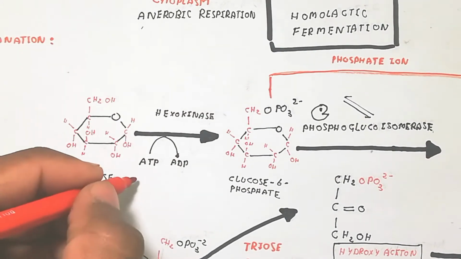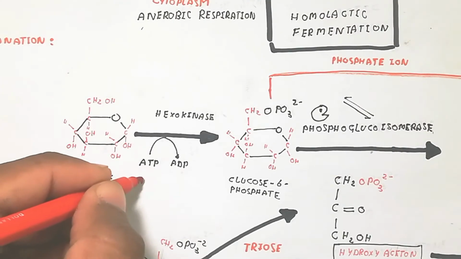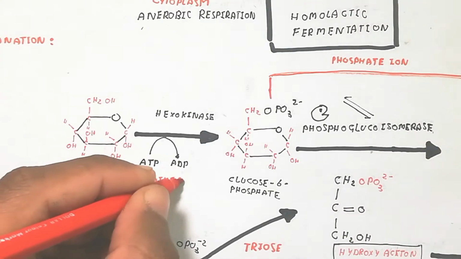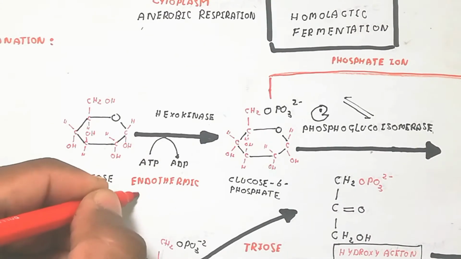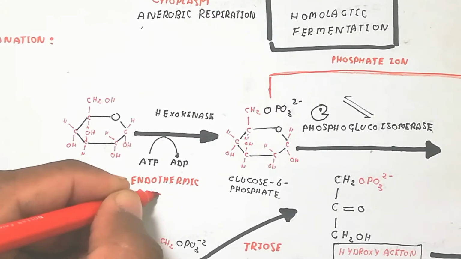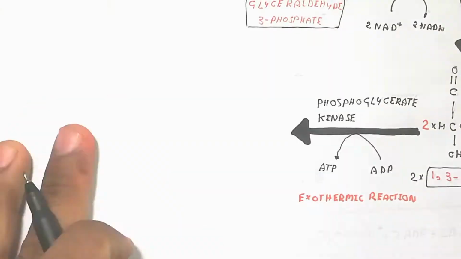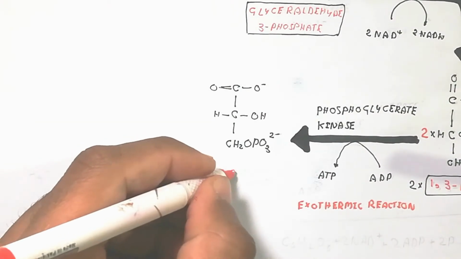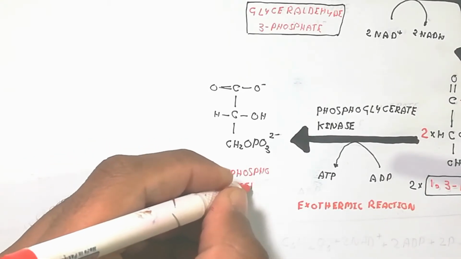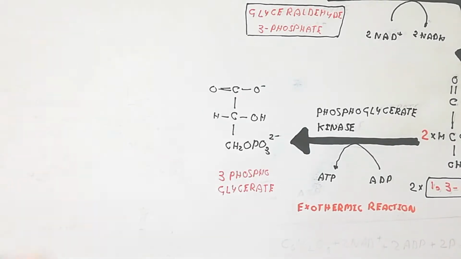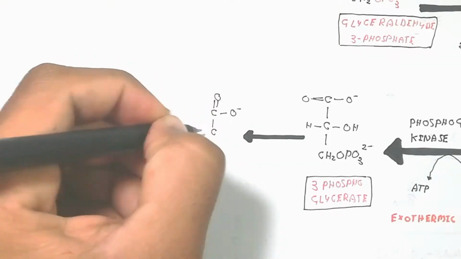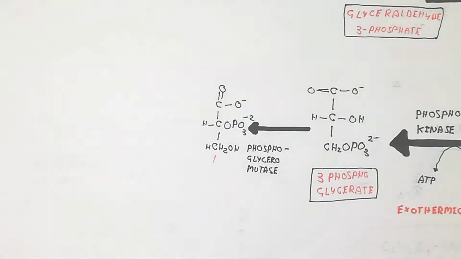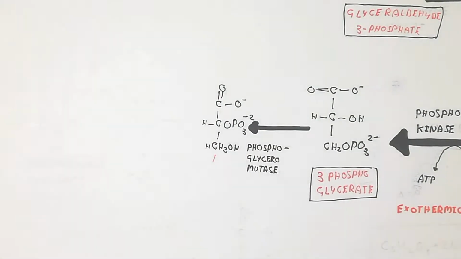But here is also an exothermic reaction. Basically here is the endothermic reaction, because ATP is used and inserted into the molecule, so it means an endothermic reaction. Here is also known as an exothermic reaction, because ATP will be produced. So here 3-phosphoglycerate will be produced. It means two molecules of phosphoglycerate will be produced, due to the use of ATP and basically phosphoglycerate kinase.